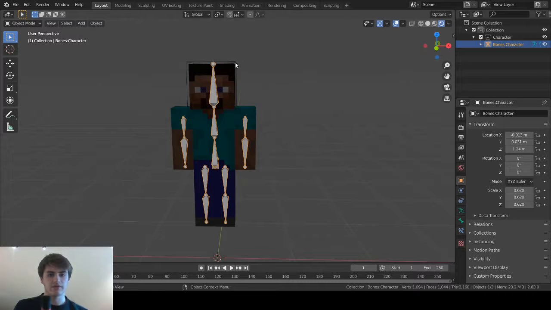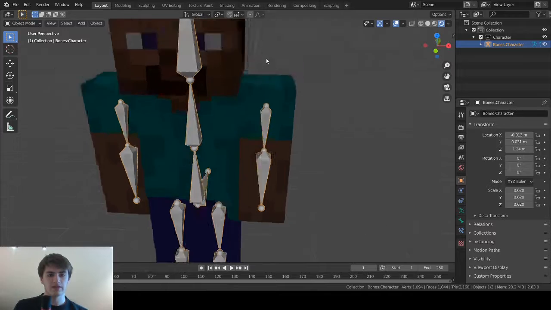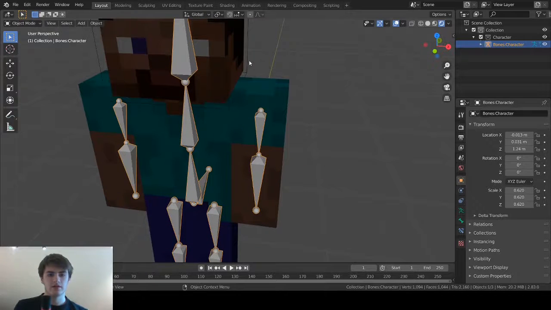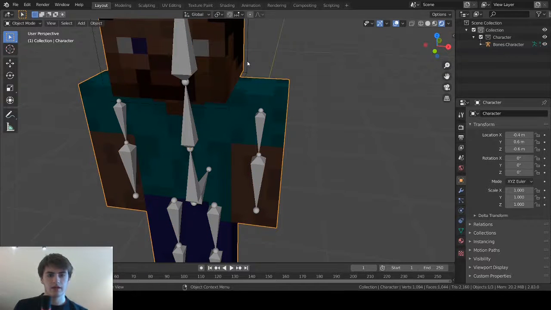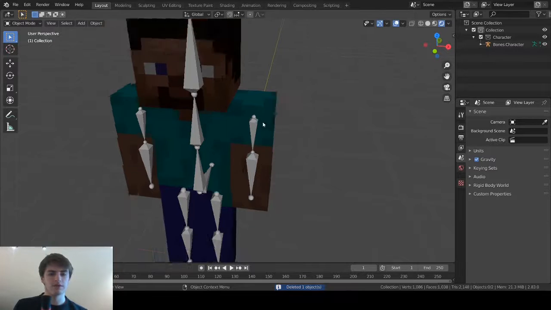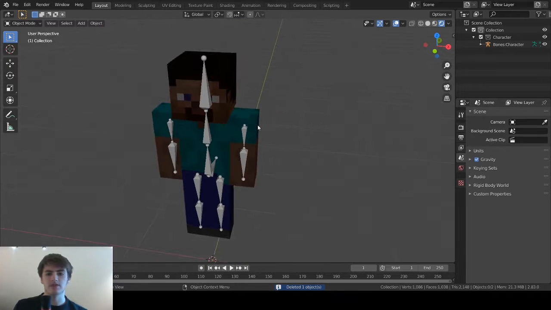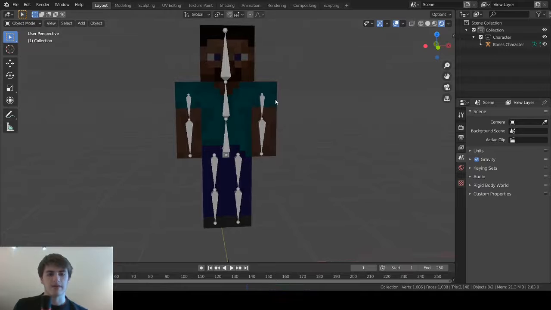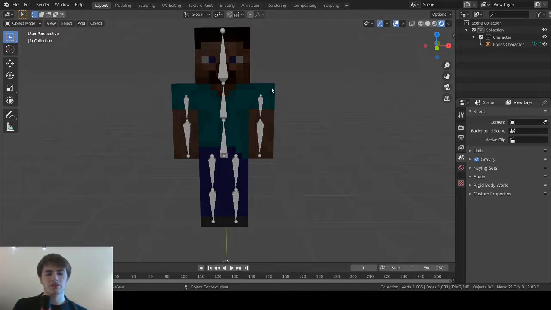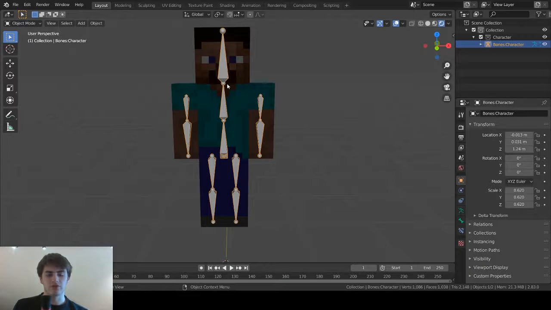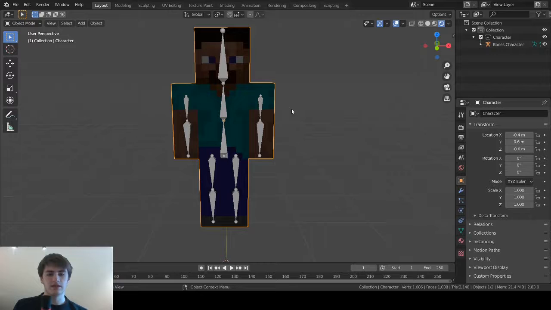So we can very carefully click on this thin black line here and click delete. If you want to save it, you can, but you have to do settings to make it stay there. Now, the next thing you're going to do is you're not going to click on these gray bones. You're going to click anywhere but them on Steve. So let's say I click just here, right? You'll see it highlights